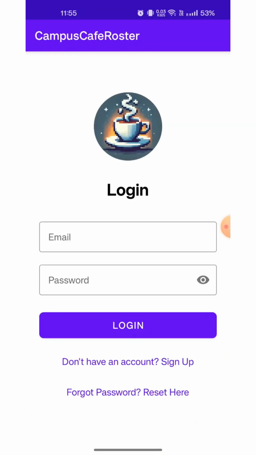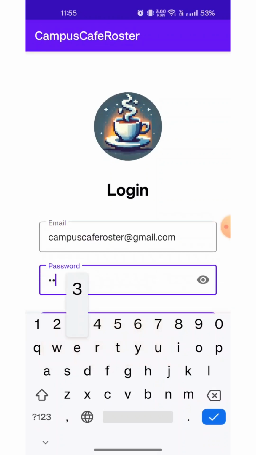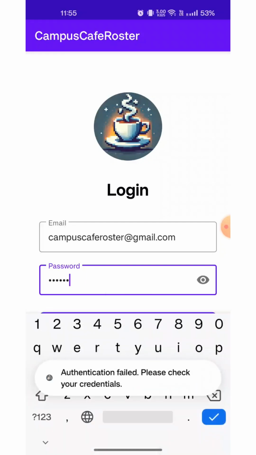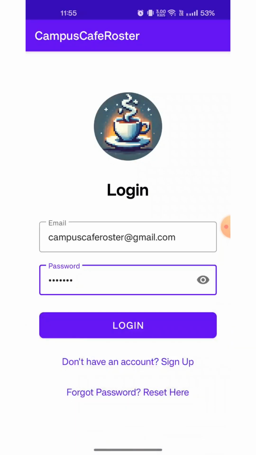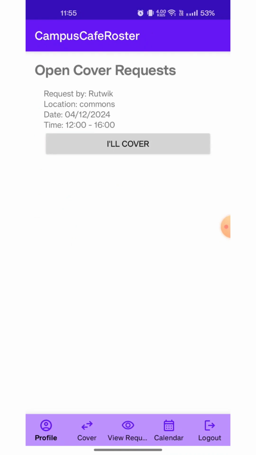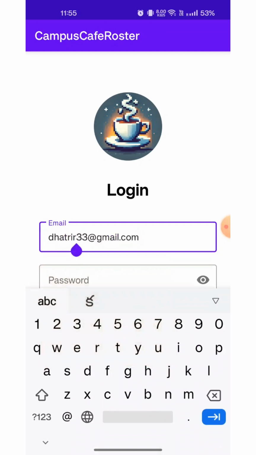Now let's log out and log into the account that we have just created. It says authentication failed because I've just reset the password. Now when we click on view requests, you will see the shift again, and now if I click on I'll cover, it says the shift swap request is successfully sent to the dining manager. Now let's say we log into the dining manager's account,